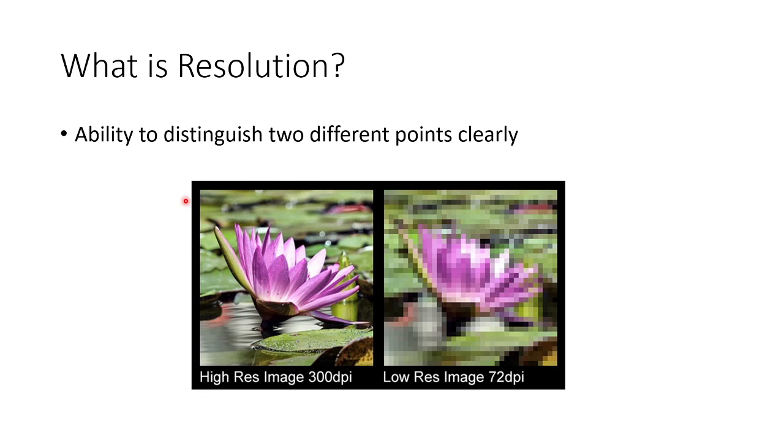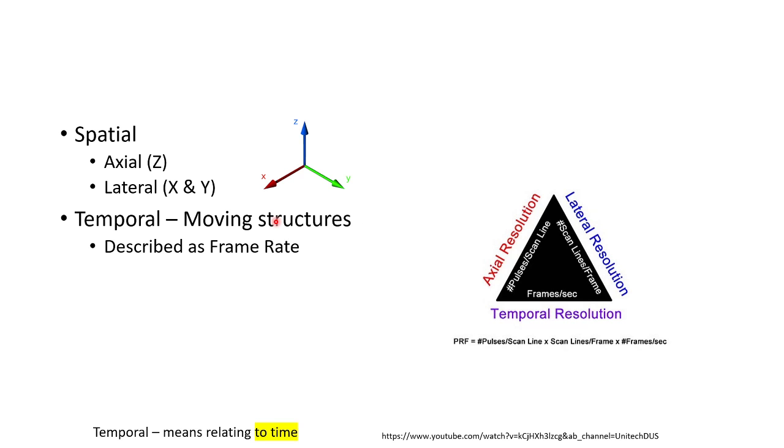Coming to resolution. So resolution is the ability to distinguish two different points clearly. So I'll explain resolution by these two pictures. That is, this is an image with a good resolution. Here the resolution is low, so you're not able to distinguish two different points clearly. So that's a simple image. So considering echo, there are various